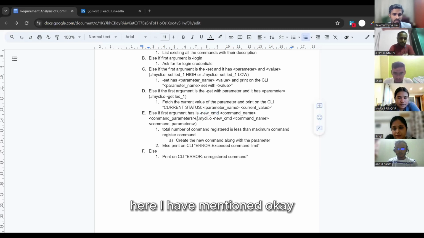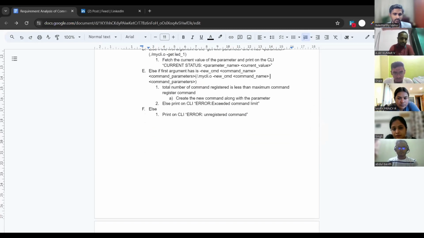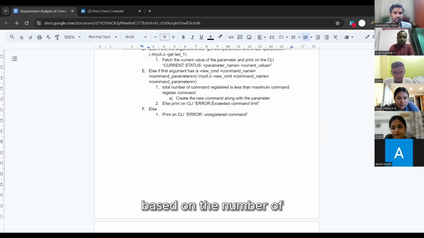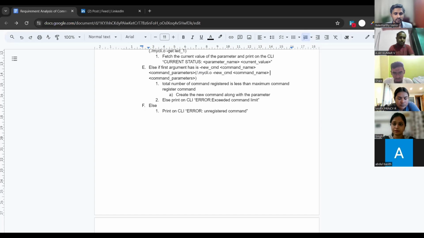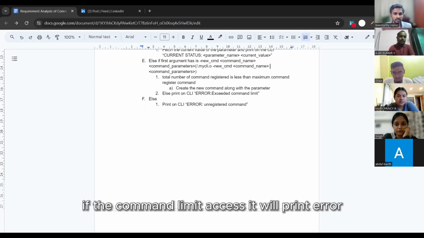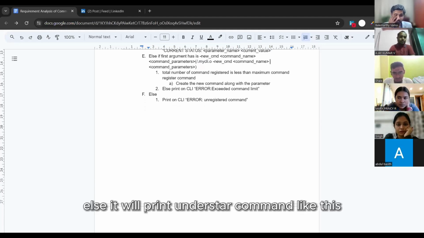That I have mentioned here. Something is missing here, sir, it will be there below. A new command will be registered based on the number of parameters. It will compare the maximum number of parameters and register based on that. If the command limit exceeds, it will print an error, else it will print unregistered command.